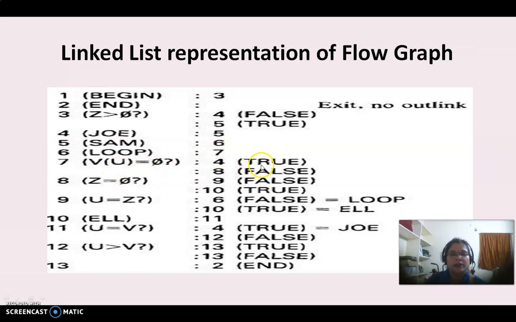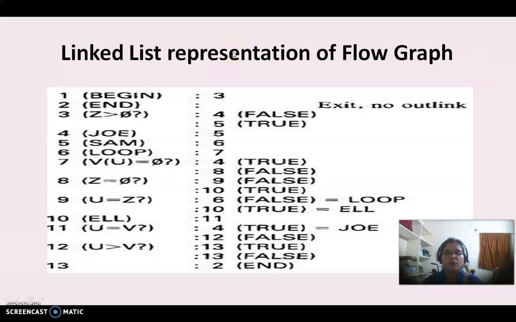And 7 is again connected to two values. It is a decision actually, for true and for false, how it is going. Again, this is also a decision. For the true value it is going to one end, and for the false value it is going towards another end. And again, it is a loop, and like that, these are also loops.